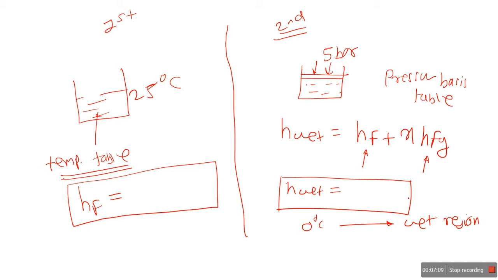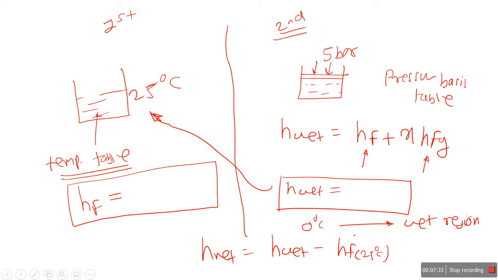Okay, that answer indicates converting the 1 kg of water from 0 to the wet region, but our water is already at 25 degrees Celsius. So the net heat required is the enthalpy of wet steam minus the enthalpy of water at 25 degrees Celsius. This is the skeleton of that numerical.